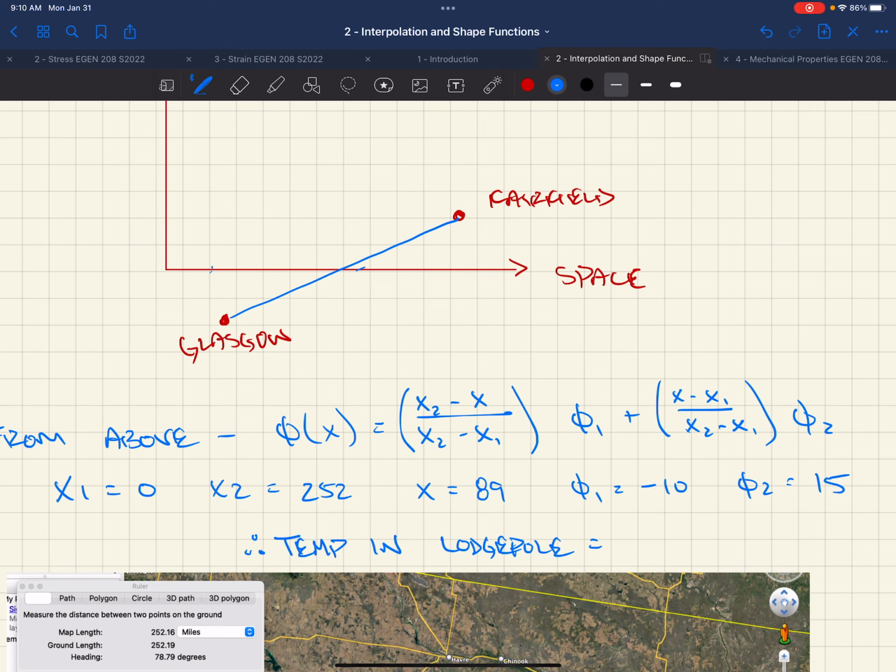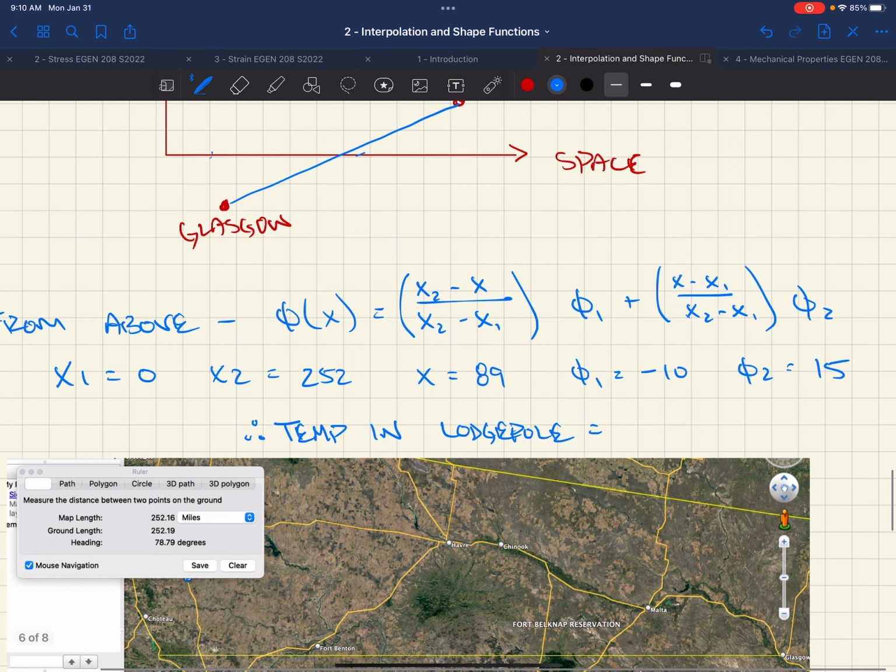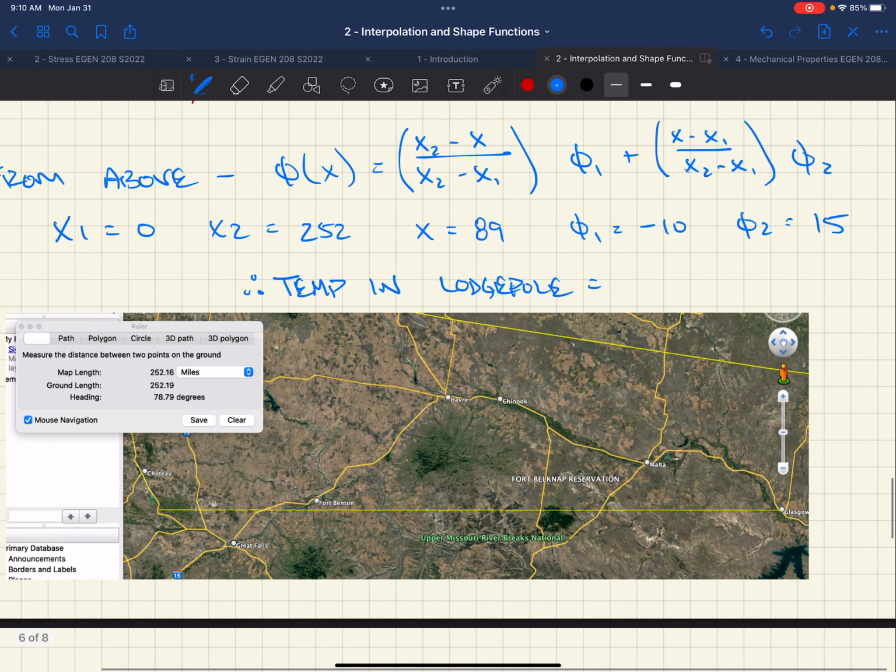So we get this interpolation function with respect to our known space variable and our field variable at given locations: phi 1, phi 2, x1, x2, and with respect to our space variable at our point of interest, x. And that gives us our interpolation function. Well, we need to figure out